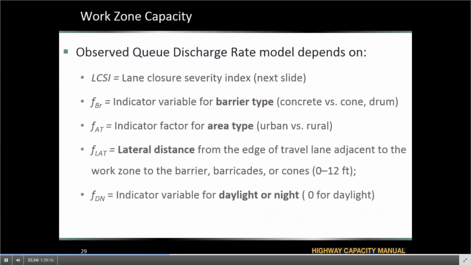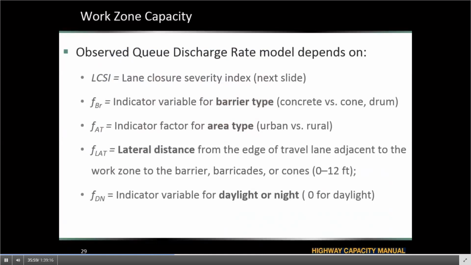And here I want to show you the parameters and also the equation for the work zone model in the new HCM. I don't want to go into the details, but the reason that I'm showing these parameters is that I want you to know what items have been included in the new work zone model. So one of the parameters that we have is the lane closure severity index, LCSI, which I will talk more about in another slide.